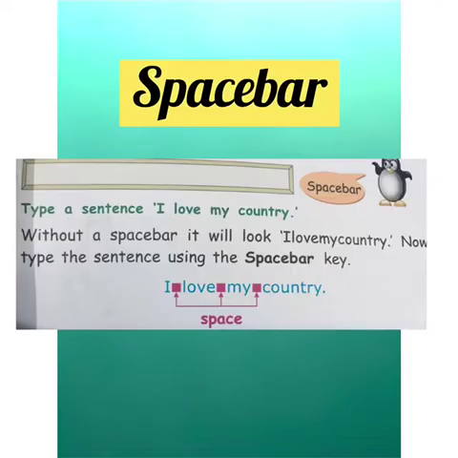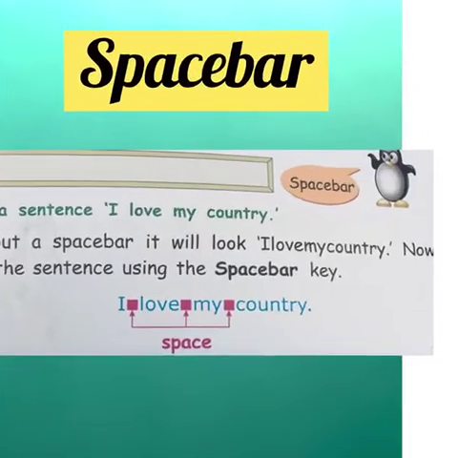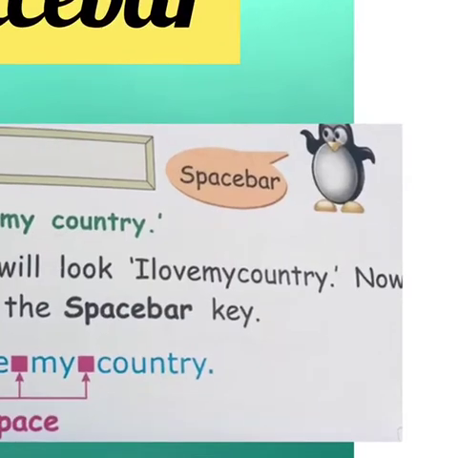Now see the example here. When we type a sentence, I love my country. Without a space bar, it will look like Ilovemycountry. So, nothing is making sense.